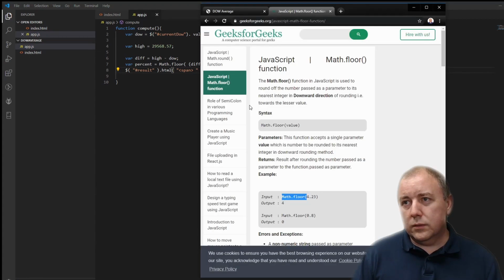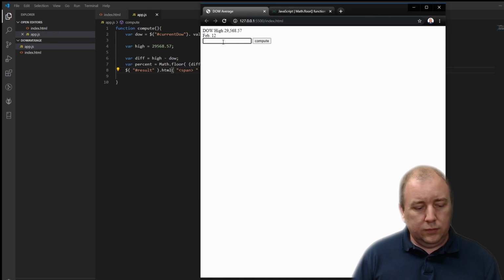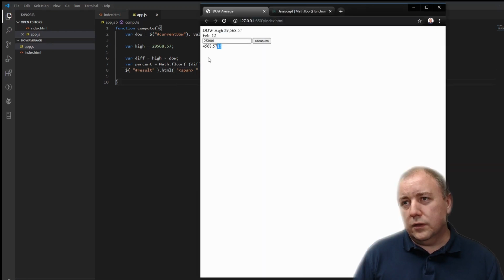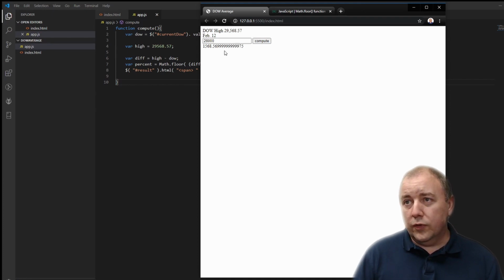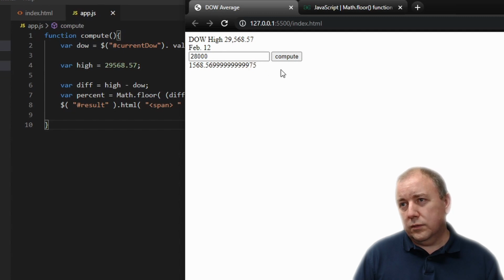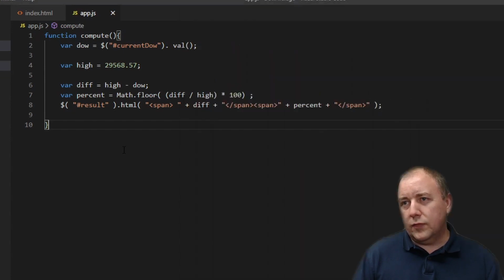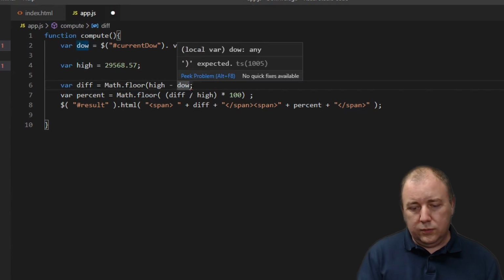That could go back here. 25,000, compute. And my percent is 15. If I do this to 28, my percent is... 5? I need the floor. I want to floor my delta to